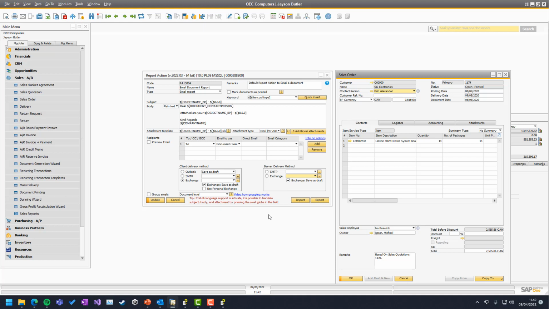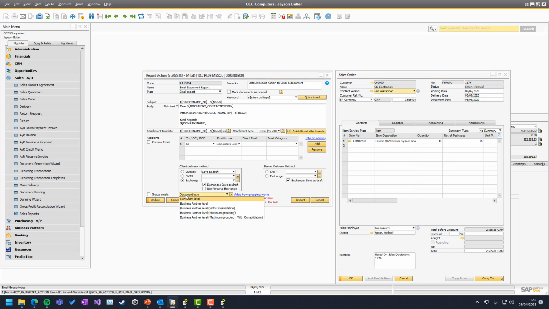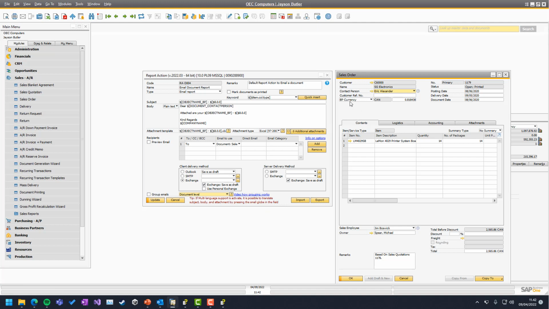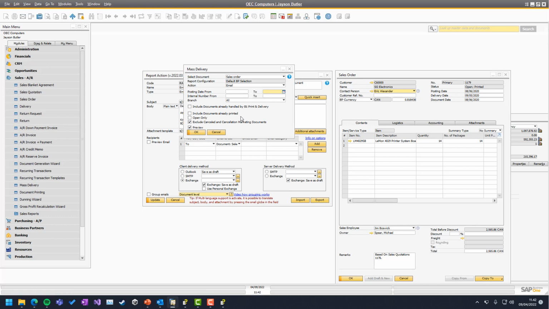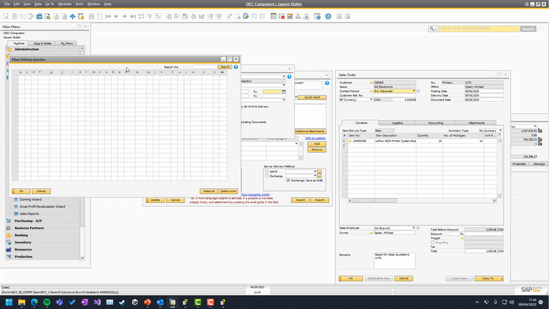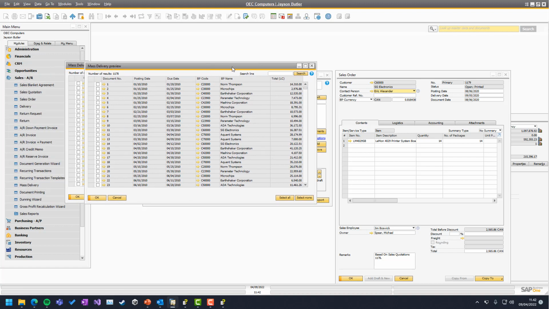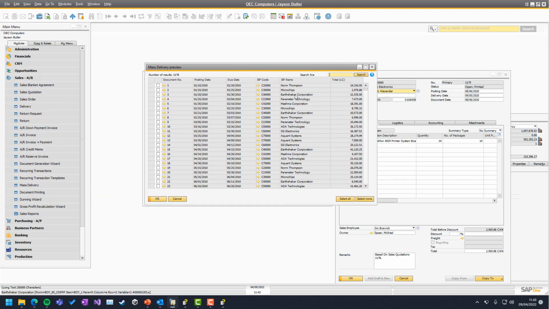The final thing we have in here is group emails, meaning that you can group on various levels. It wouldn't really make sense in terms of a sales order here because it's just one document. But if we went to our mass delivery system, where we could go in and take all the various sales orders, many of these sales orders will be to the same customer, Earthshare Corporation 2 here. So we could go in, and if we take these two and say OK,